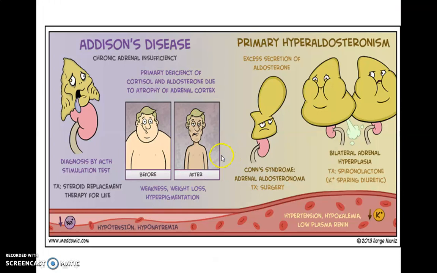Now we will see the applied aspect of the suprarenal gland. First is the Addison's disease. It occurs due to chronic insufficiency of the cortical secretion, and clinically it presents as the muscle weakness, wasting, increased pigmentation of the skin, low blood pressure, restlessness and the tiredness. This shows the Conn's syndrome or the adrenal aldosteronoma, where there is a hyper or the excess secretion of aldosterone, and here shows the bilateral adrenal hyperplasia.